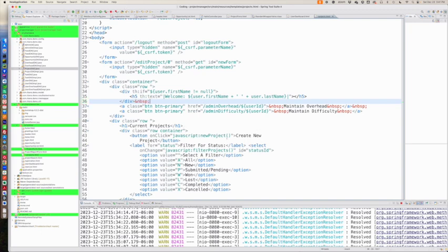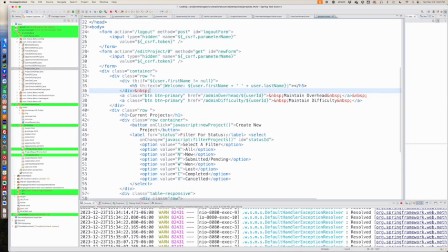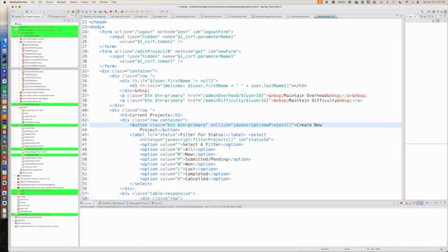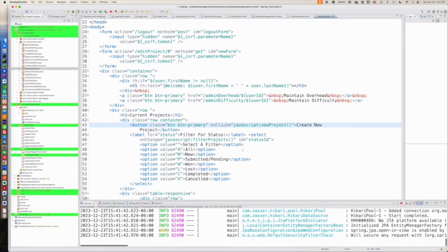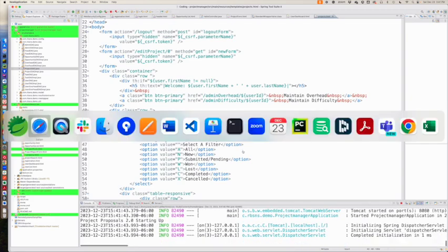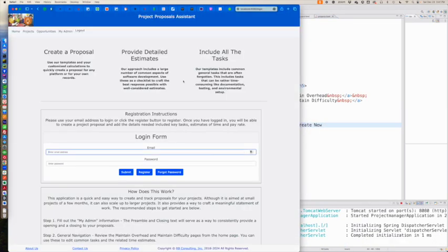Oh, we also had another one here. We had this new project thing. Let's make him also a primary button. And let's go take a look at how this all looks. So let's see if we got our filter going, plus cleaned up a couple of our display issues. So if we come in here and we log in